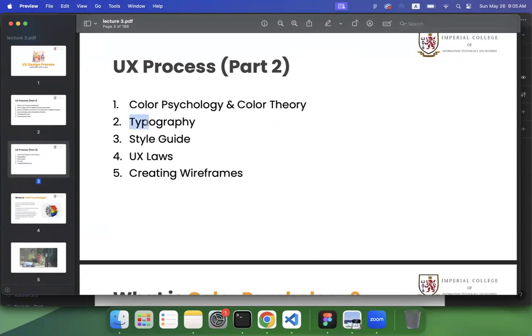In today's session, what I'm going to do is cover these four topics: typography, style guide, UX laws, and creating wireframes. And after the break, I'm going to give you